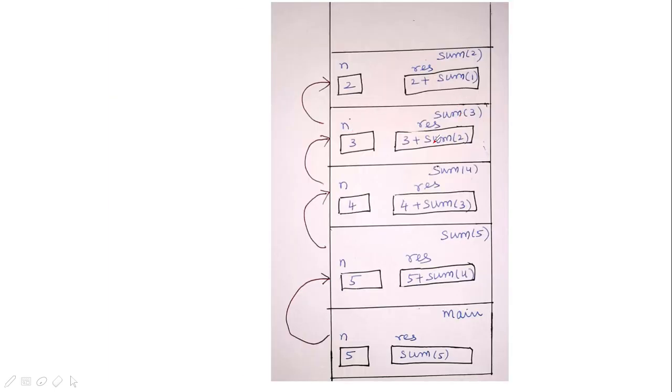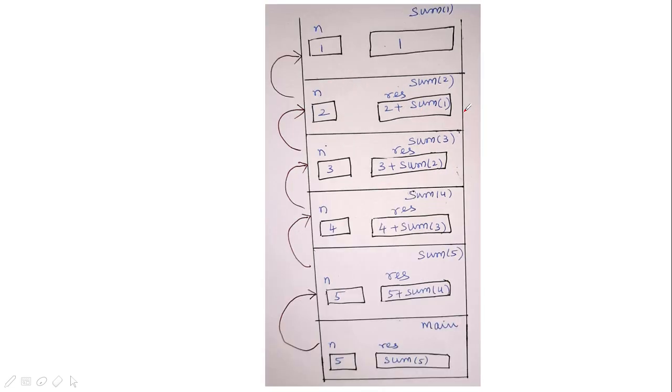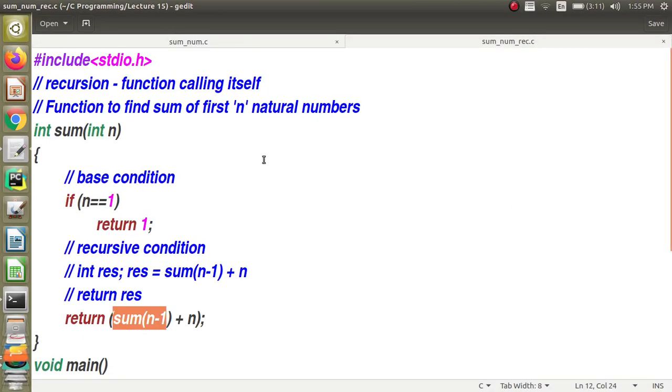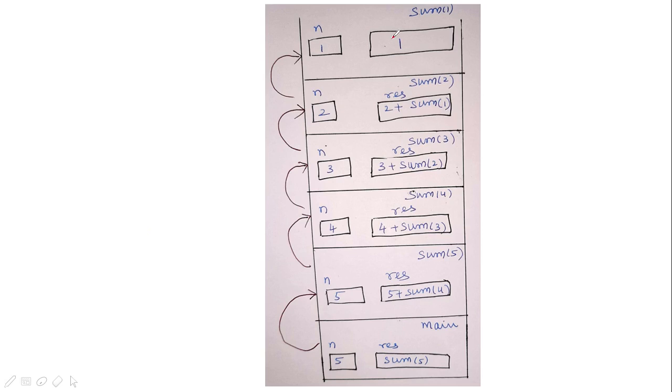Once again, since this is sum of 2, the call stack will grow, and you will see that this is the space for n for this particular function call. So 2 is copied over here, and then the result will be 2 plus sum of 1. Now for this sum of 1, an activation record is pushed. There is a variable n, so 1 is copied over here, and when the value of n is 1, your code says return 1. So 1 is stored here, in a temporary location, and it is going to be returned.